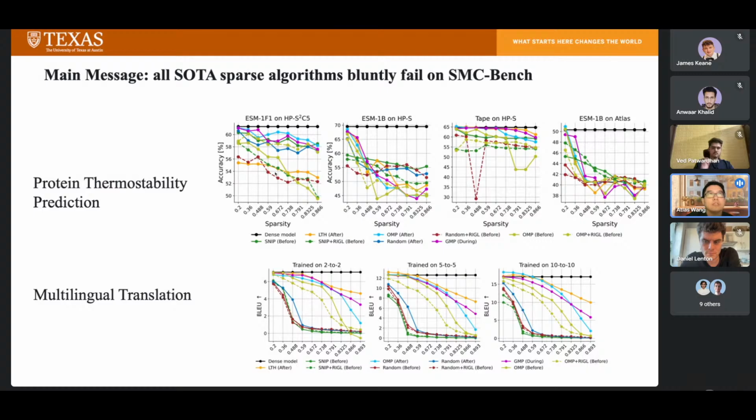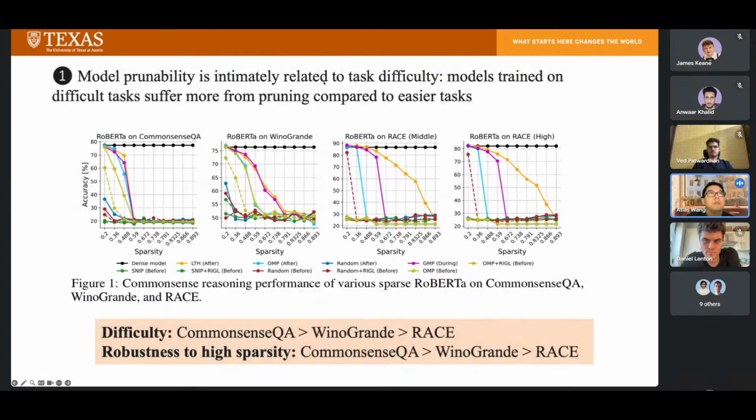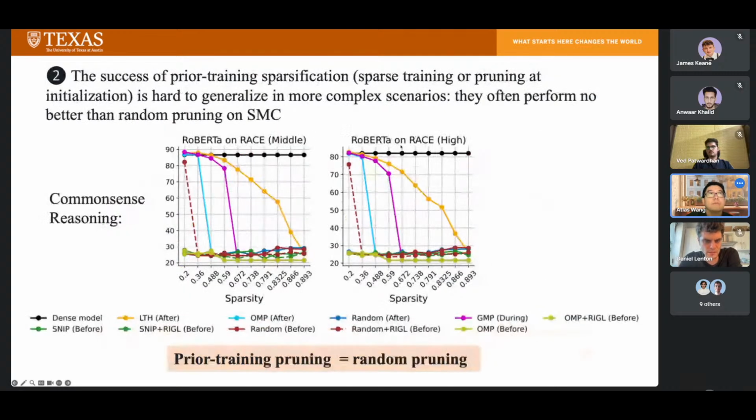We also have some additional insights. For example, we find, number one, a model's prunability is intimately related to task difficulty. We could design task difficulty levels to vary within a range, and we find that as we continuously increase the task difficulty, pruning becomes more and more difficult, and the dropping point comes earlier and earlier. We also find that when the task is difficult enough, the success of pruning before initialization is hard